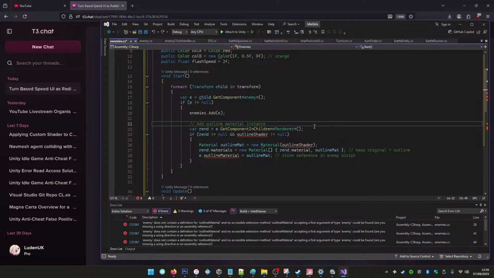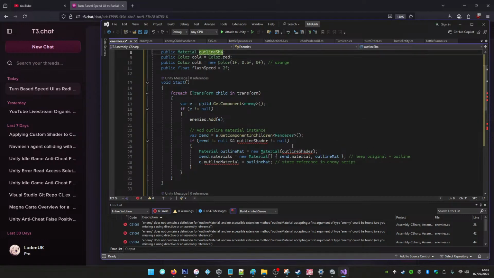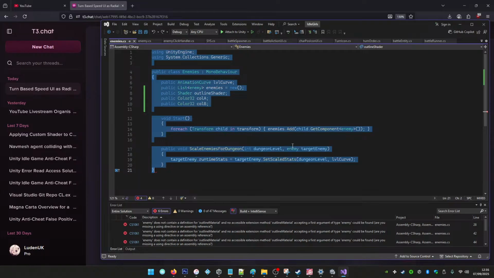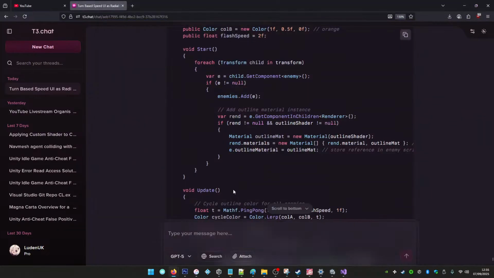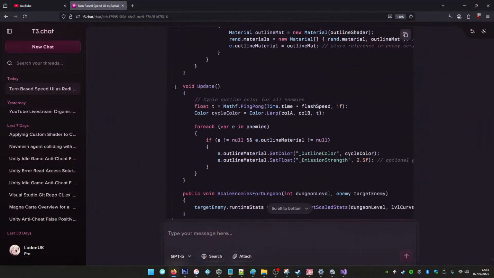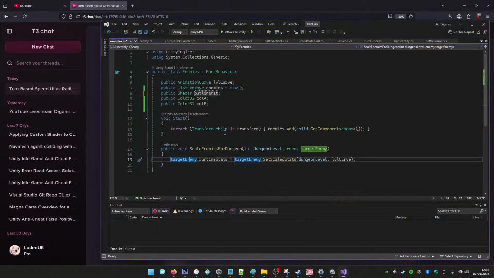Hello, Pika. Welcome. I'm going to Control and Z my way back to this because I think I had a... Yeah, this is the part I still need. So basically, where I went wrong is I referenced the shader and I should have referenced the material, because the material is what has the color. And then all we need is the void update, which cycles the colors